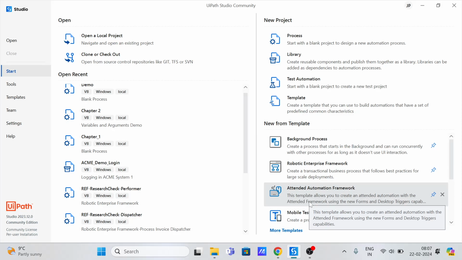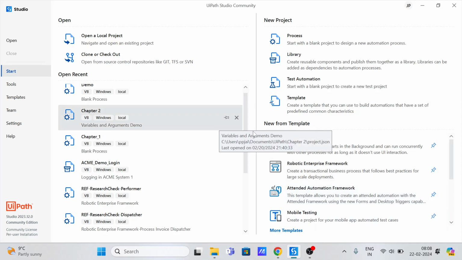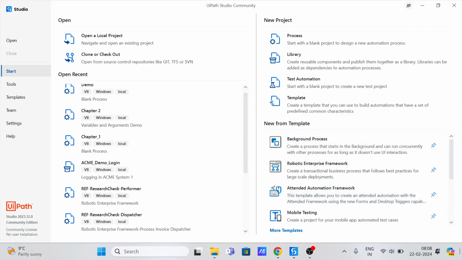So in this part we're gonna be continuing our Hero Zero to Hero series and we're gonna be discussing what are arguments in UiPath, which is a very critical chapter in your UiPath automation journey. Let's get started. Okay. So guys, to demo the use case of arguments, let's start creating a normal process